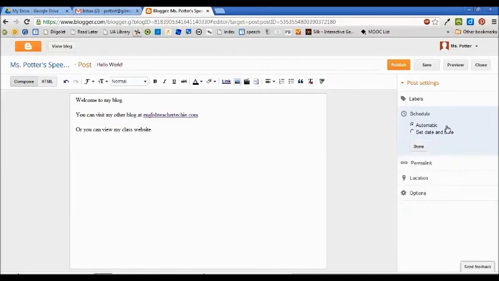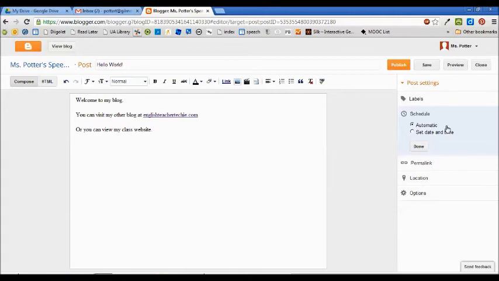This is helpful if you have a chance, if you are like me and you sometimes write a couple blog posts on the weekend and you want to schedule them throughout the week so that your readers actually have time to read them and they're spaced out. Or if you're doing something for your students or for your parents, such as writing a post about tomorrow's homework that you want to have the post done now, but you don't want to